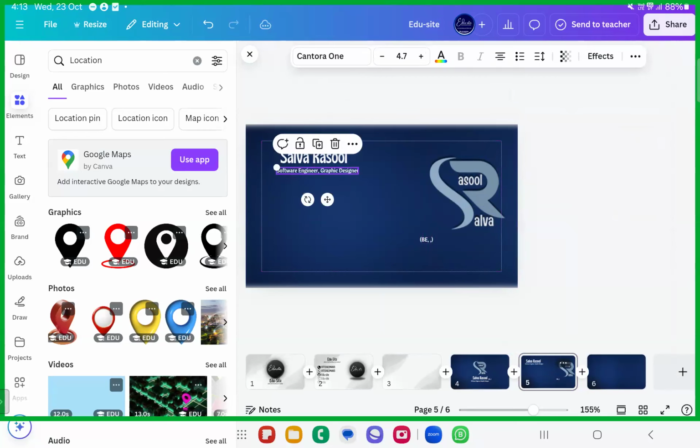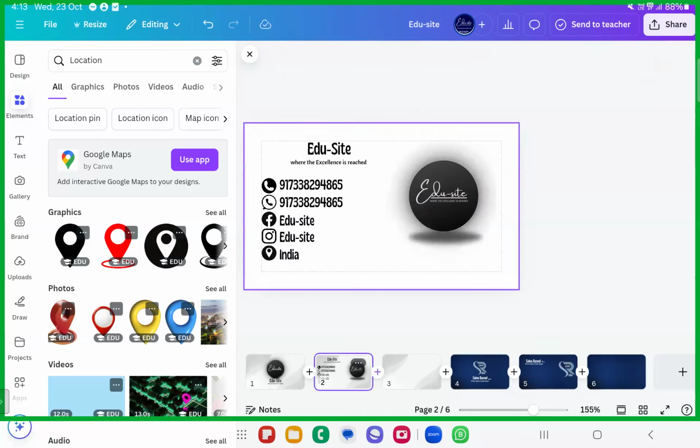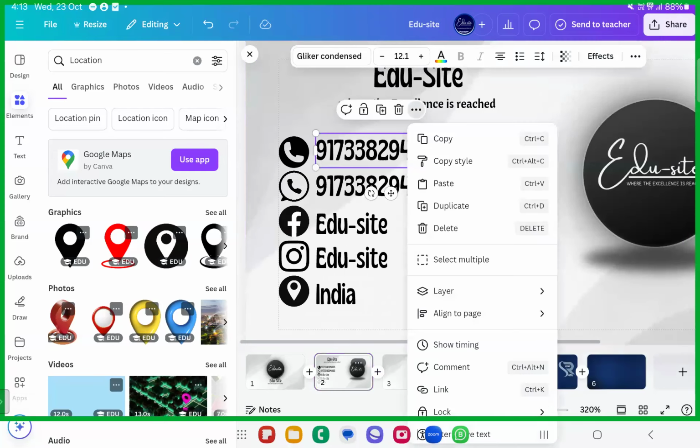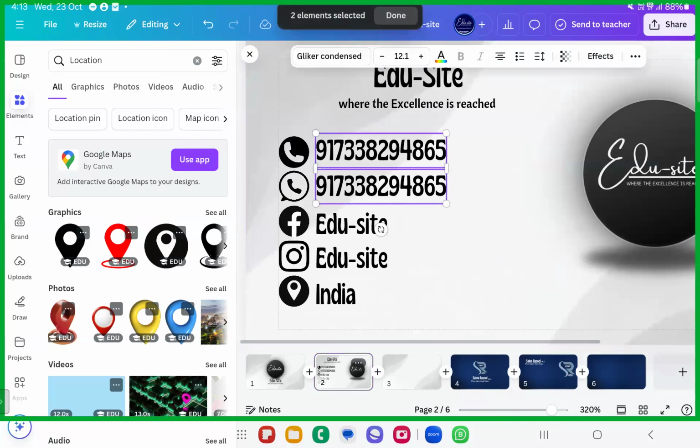Software engineer, graphic designer, qualifications, whatever qualifications you want, you can put it here. And whatever, all of these things, okay? You have to put it up here. How to group this up? Select multiple, copying. I'm just copying it and showing it to you.